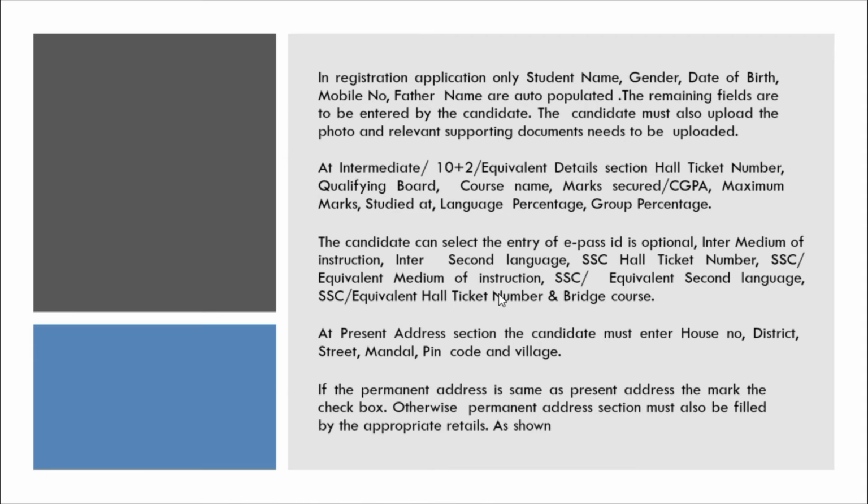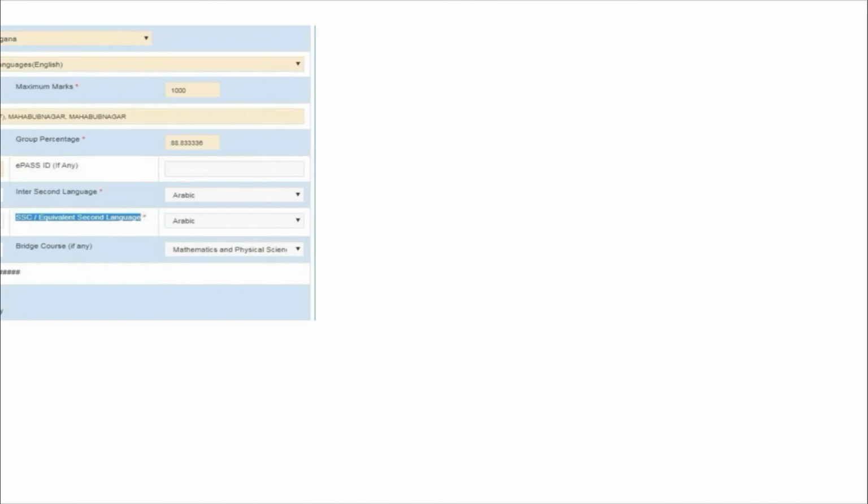When you put in the details, if anything is wrong, you can take the help of your helpline center. You can go to a helpline center. They will help you edit all the information which you are not able to edit. Certain information is blocked and you cannot edit it, so you need to go to the helpline center. Certain things you can do by yourself, like if you want to change your address, you can just quickly enter your house number, district, and pin. And if the address is the same, then you can check mark the box and proceed to the other things. Okay, so let's understand.